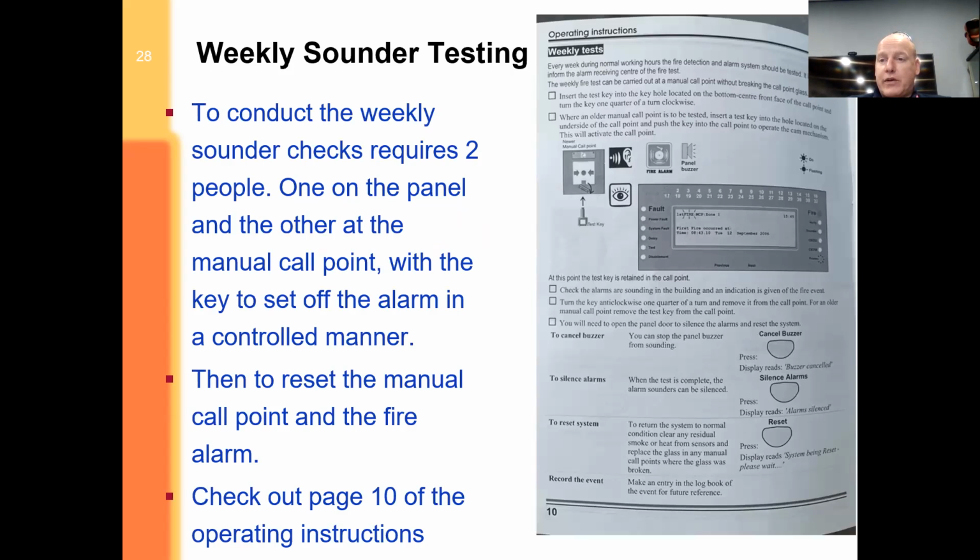Now, in the video that you'll see, there's a decent explanation as to why we're doing this. But there are a couple of reasons. The manual call points, let's say there's 45 around the site. In a year, it is the law that each manual call point must be checked at least once a year to make sure that if it needed to be activated, because somebody was leaving the building having seen a fire, then they can push the manual call point, and that will assist by letting